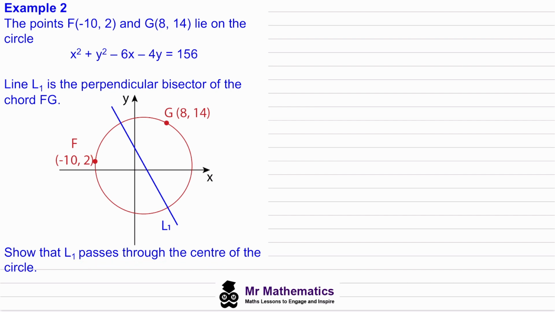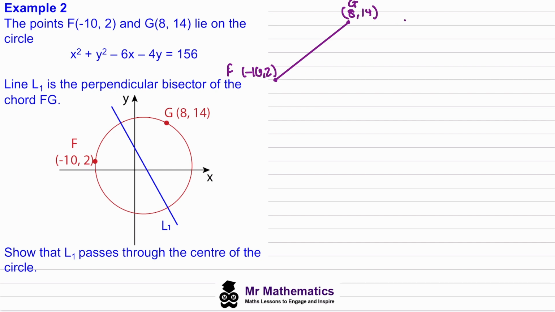Okay, so the first thing we need to do in this example is work out both the gradient of this line FG, this chord, and the midpoint of this chord, because that will be a point on the line L1. So if we begin by drawing the line segment FG,